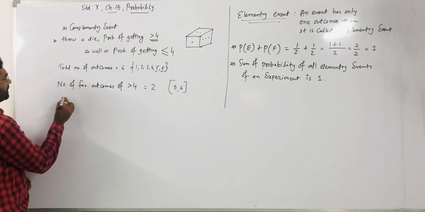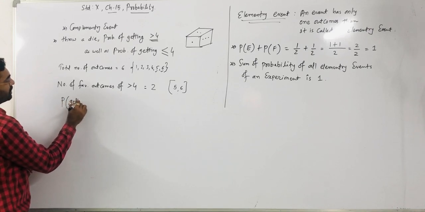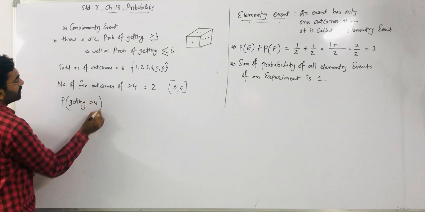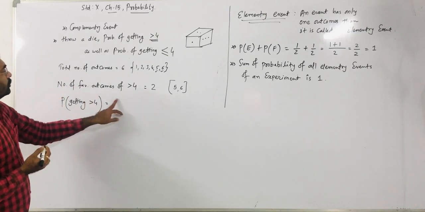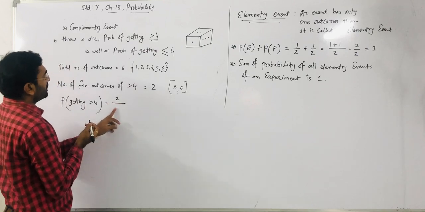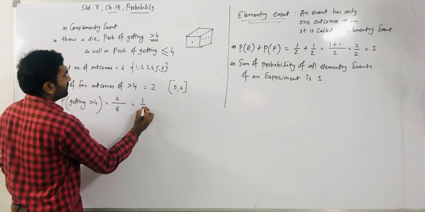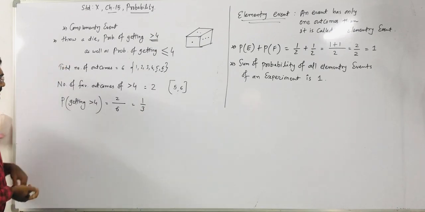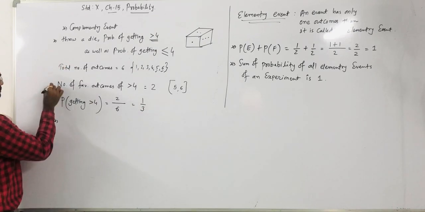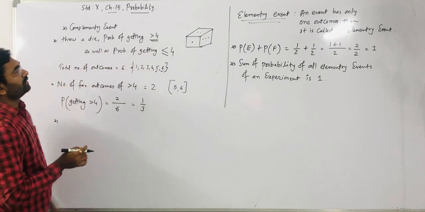So its probability we can define. Suppose we can say probability of getting a greater than 4 outcome. In numerator we have to write the favorable outcomes, which is 2. In denominator we have to write the total number of outcomes. Total number of outcomes is 6. So we get 1 by 3. Right? Now same way we have to find out the probability of getting a less than or equal to 4